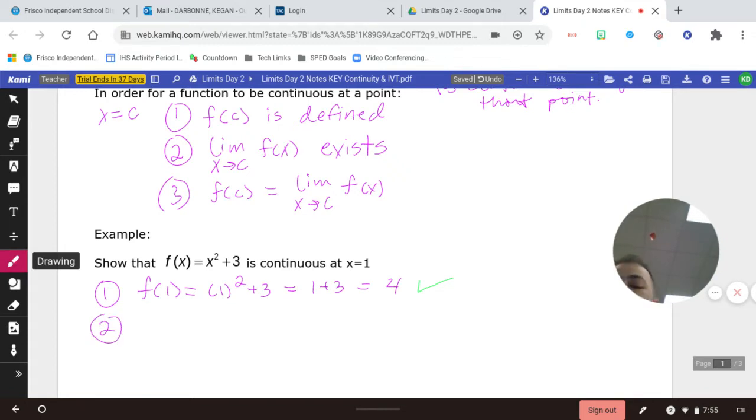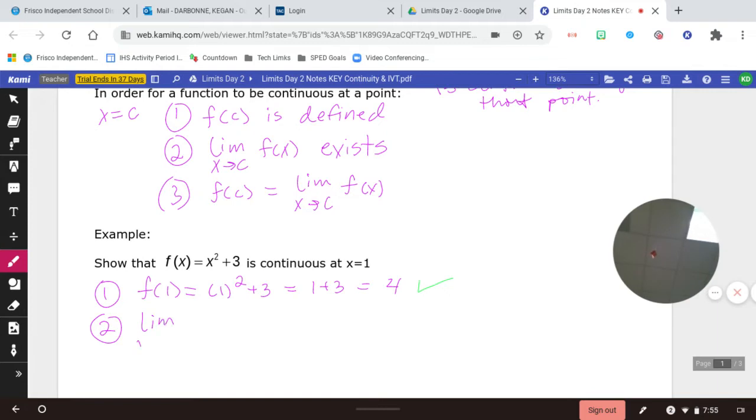Second step, I want to show that the limit exists. Now, to show that the limit exists, remember there are two parts to a limit, the left side and the right side limit. Looking at this function, do we have anything funny going on at x squared plus 3? No. We can plug 1 in, we already did, and it should be fine. But just to help you all out, when we want to find the limit, if we have anything funny or weird going on, any sort of piecewise function, any sort of hole, something like that, then we want to show the